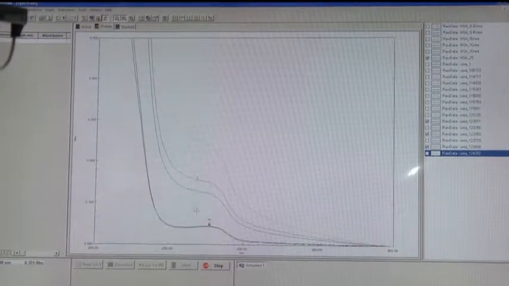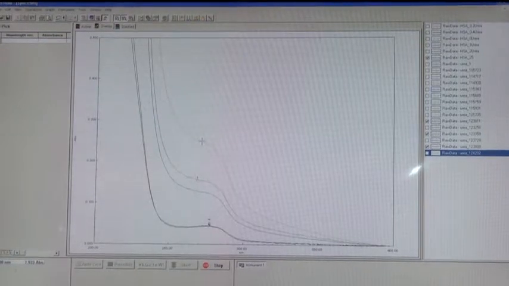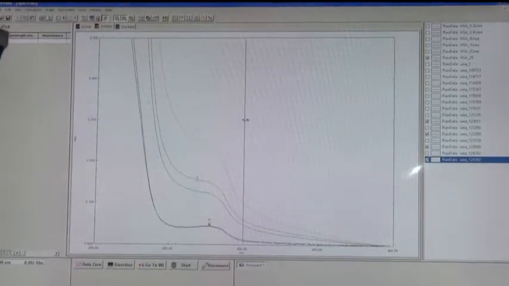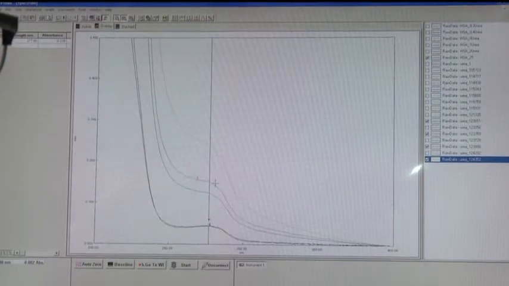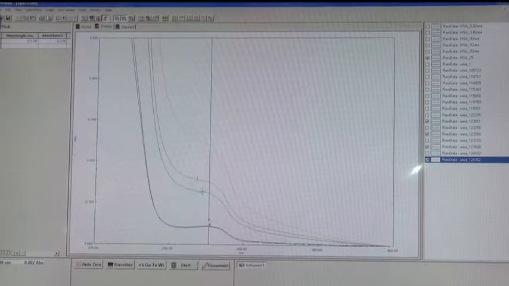Here we can see the absorbance is quite higher as compared to the other two, which signifies that at a very high temperature the structure completely denaturates. So this is for 80 degrees centigrade, this one is for 60, this is around 45, and these two are 25 and 37. So from this part what we can basically see is that for 25 and 37 these are very close to one another, and for a higher part the absorbance increases.